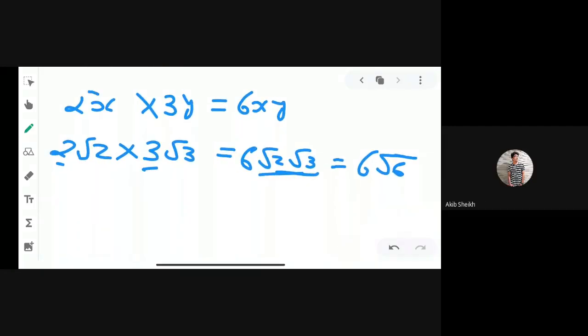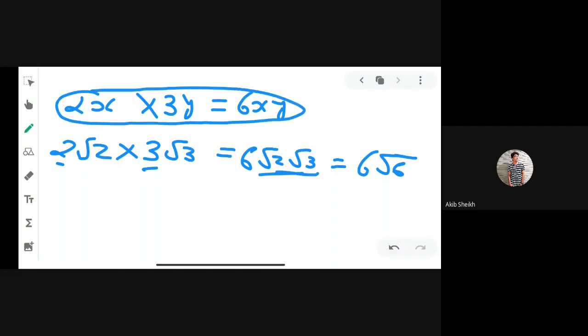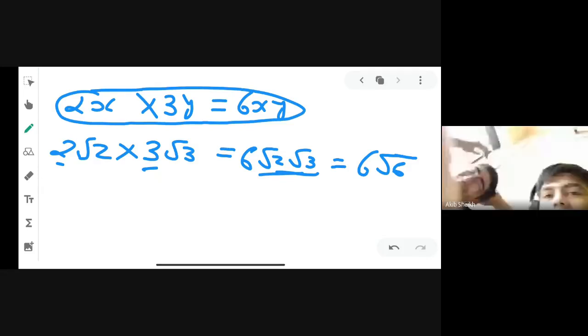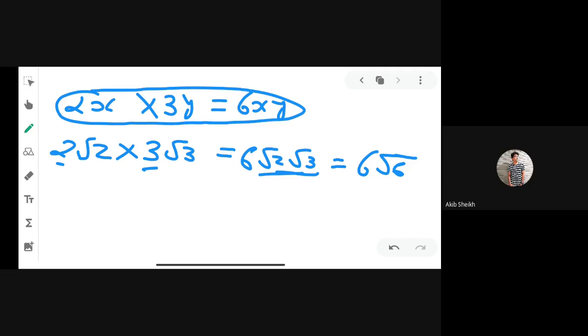You can see, as per the same example from your algebraic expressions, if you want to multiply 2x and 3y, we know that these two terms are unlike terms. But whenever you do multiplication, we don't need to check whether it is a like term or unlike term. We just multiply 2 3s are 6, x and y. Same thing we apply here: 2 root 2 into 3 root 3. So 2 3s are 6, root 2, root 3. But if we have both terms in root, we can multiply them also. So 2 3s are 6, root 6. Clear all of you? Yes, sir.